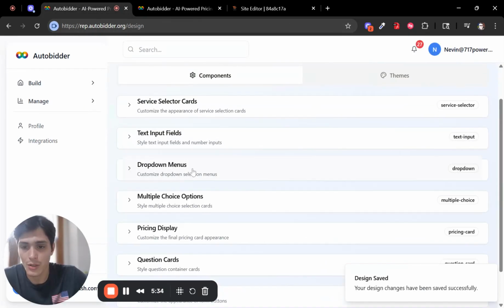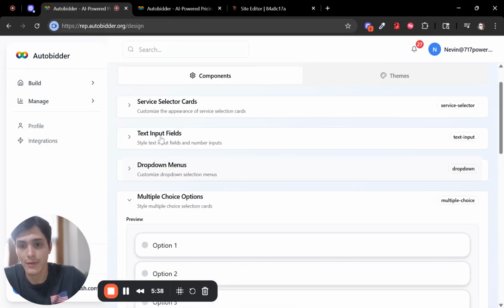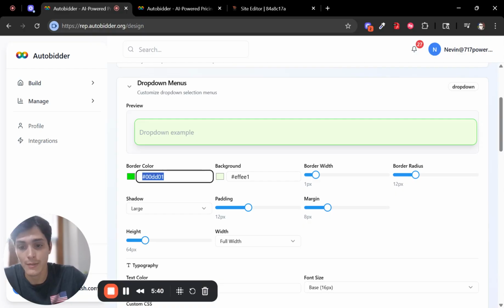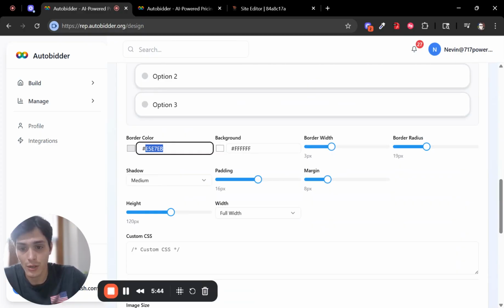You don't want to have a bunch of different colors. That just doesn't look good. You want to have a theme, similar colors throughout each of these fields. So now let's go to the border color. Let's make that,